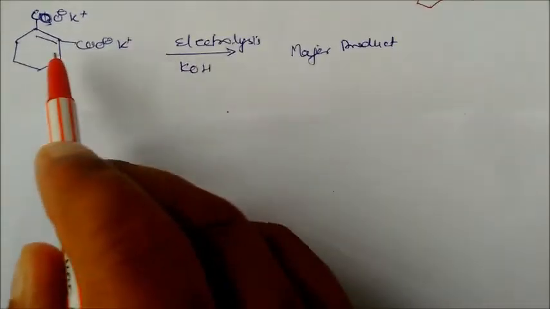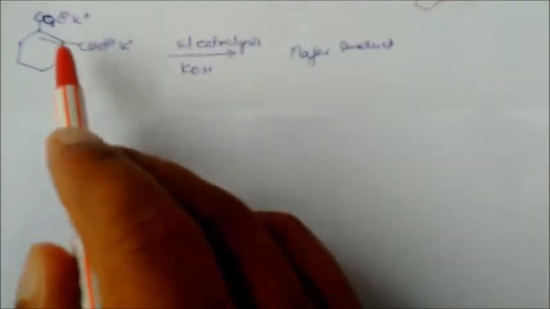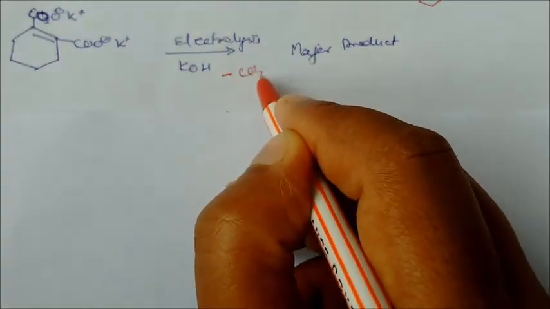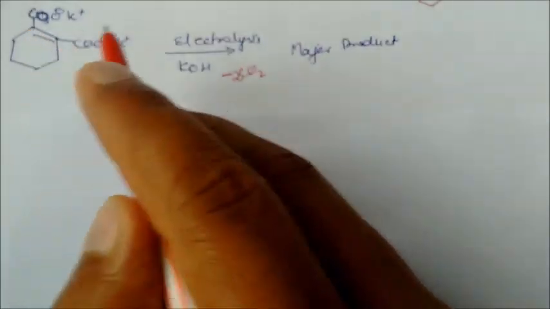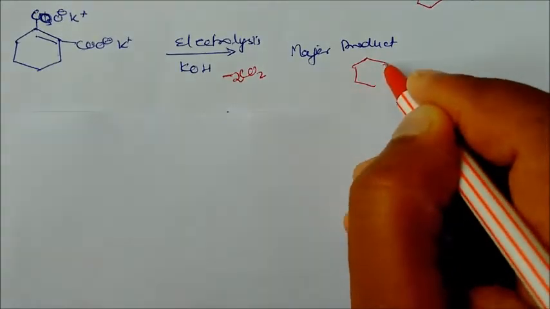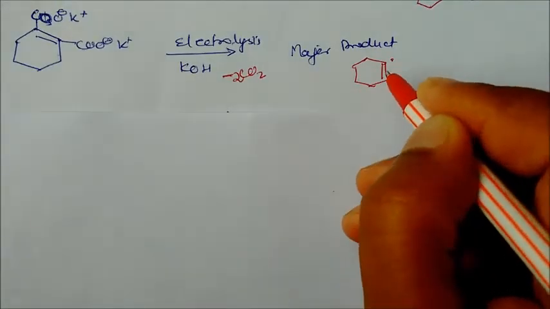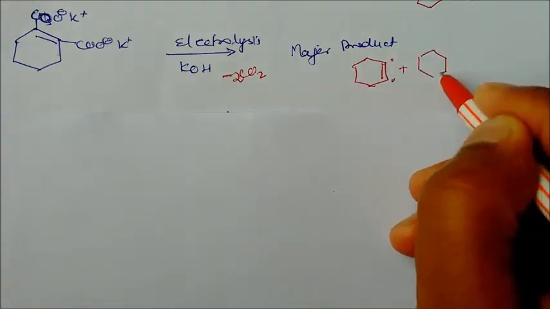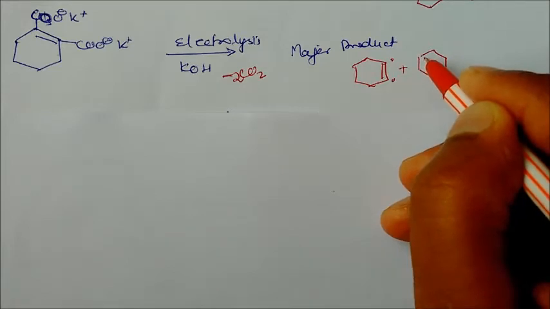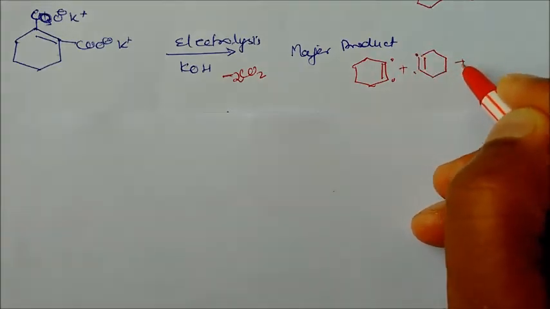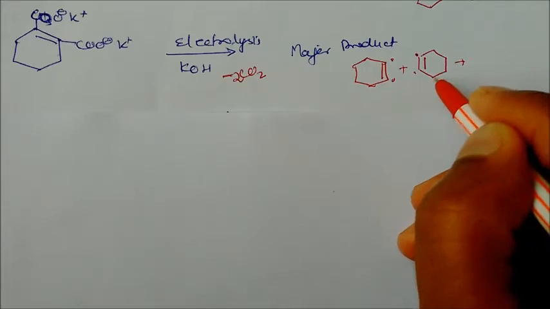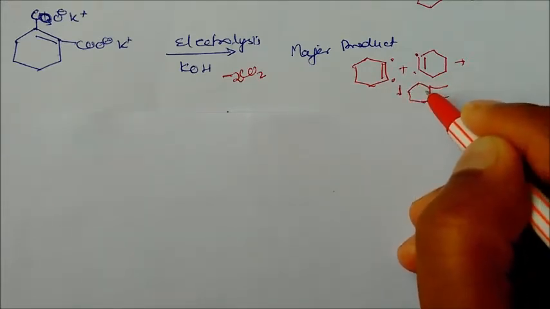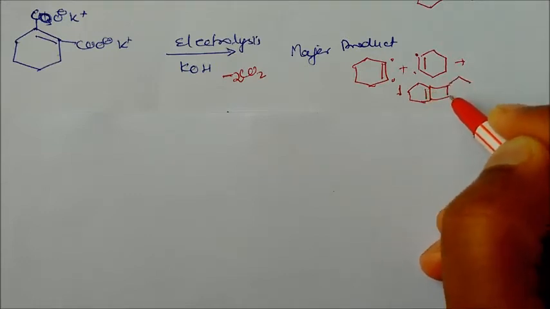Here these 2 COO are present on the same carbon. Again these 2 COO will be released as CO2, and there will be 2 molecules of CO2. So this will give 2 free radicals. There is a possibility of 2 compounds. One will be your like this one, and the other product will be this one. So we can write here 2 products. We can write this product with a double bond, and again we can write one here.